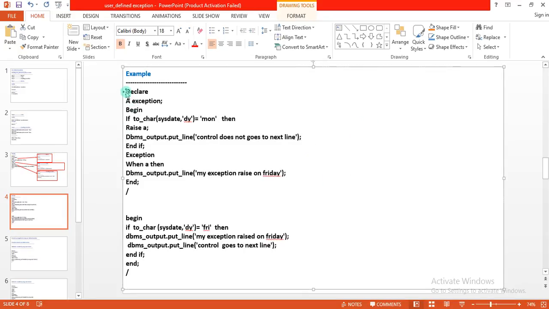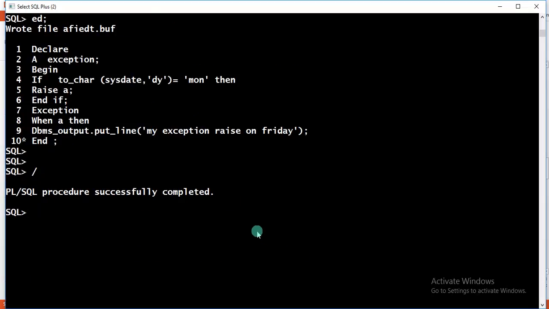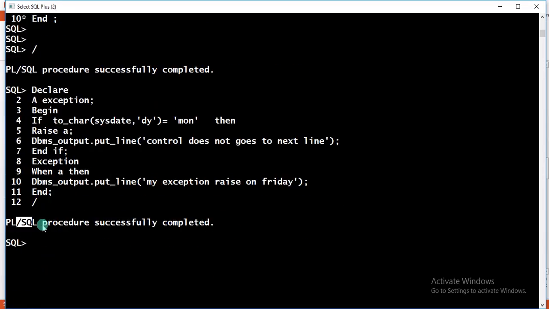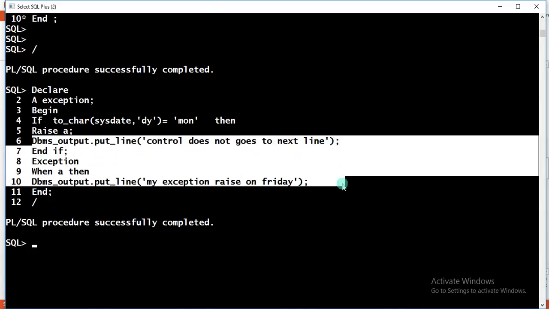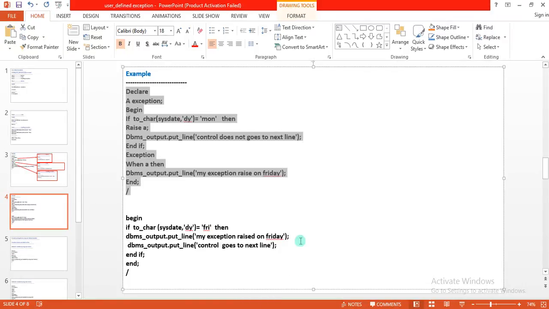Okay, the same program, copy this one, go to our tool. Now see, the program will be executed, but today is actually Friday and I mentioned Monday, so the remaining part of this program onwards does not execute. Okay, you can see it as in real time. For example, today is a Friday. Here you have to observe in this program. Today is Friday. If to_char day is equal to Friday,